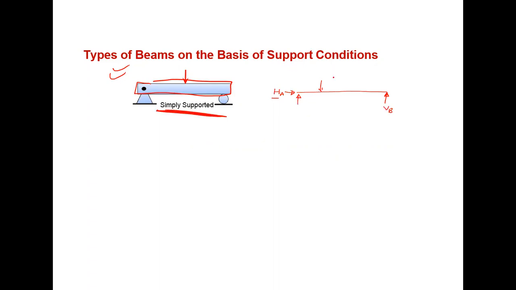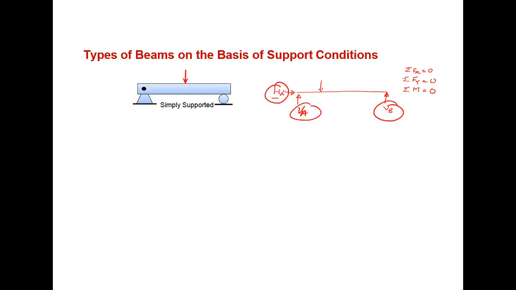And its free body diagram you can draw very easily, because we know that for hinge support we apply horizontal and vertical reaction. So here you have applied HA and VA, and point load is applied over here. And for roller support we are getting vertical reaction. So in this way you can draw the FBD. So total there are three unknowns, HA, VA, and VB. These three unknowns you can find out from three constraint equations or system equations.